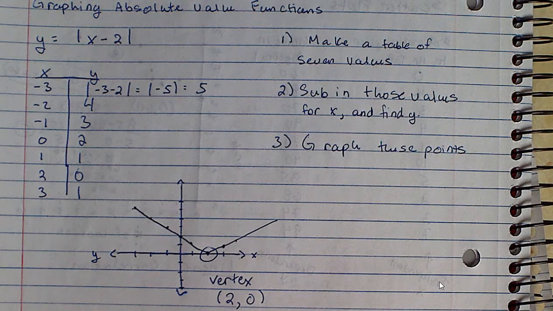So let's take a look at that, and then you guys can get on with it. So where did I actually put your assignment? Aha! Here it is. Okay. All right. So on this piece of paper is where I'd like you guys to make your table of 7 values and say what the vertex and stuff is. I didn't include a graph on this piece of paper though. So for the graph